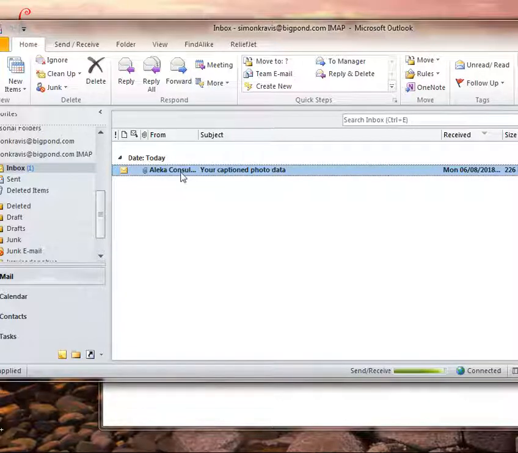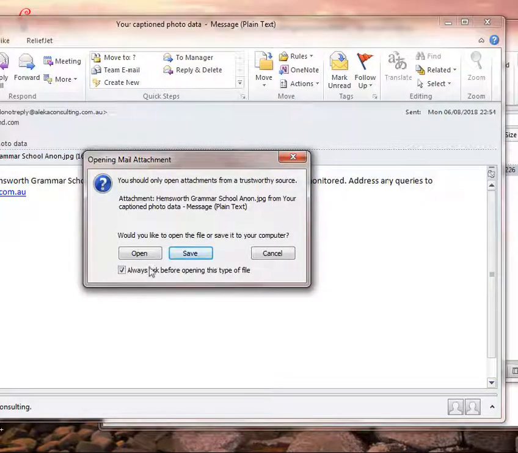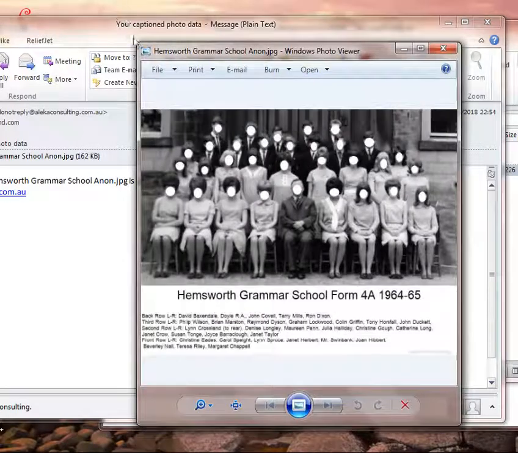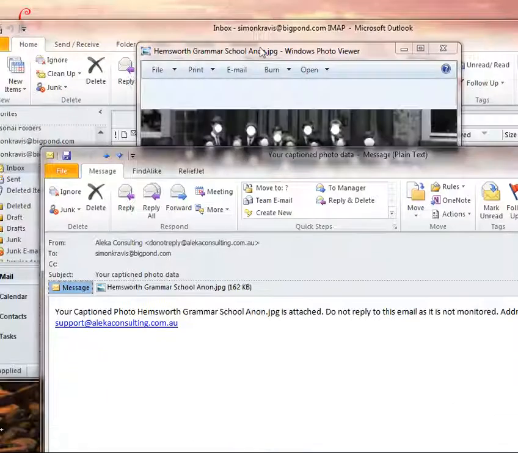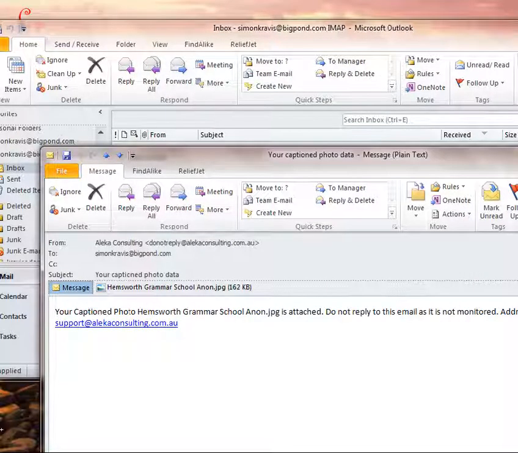So if we open this file, this is what it looks like, and here are the results, which you can see here. And with this file, of course, you can save it, print it, do anything you want with it. So that's one example of how you can add a multi-line caption having the results sent to an email address. If we go back to the web page again,